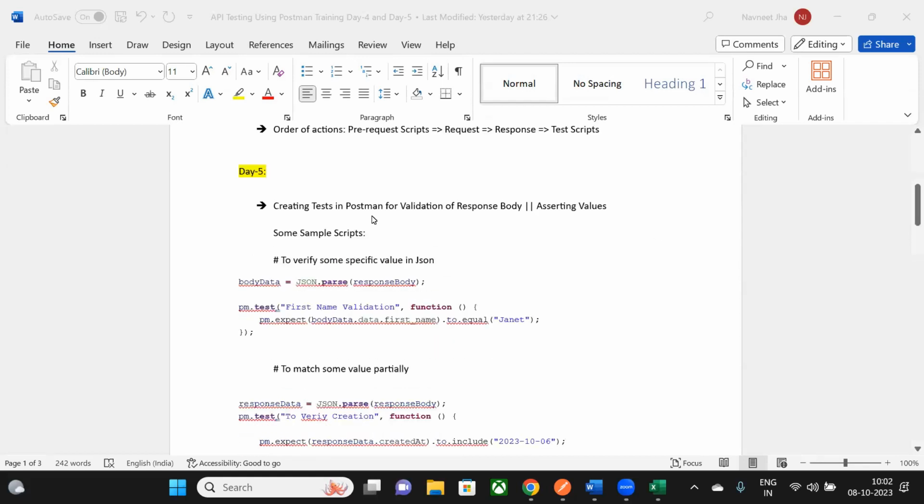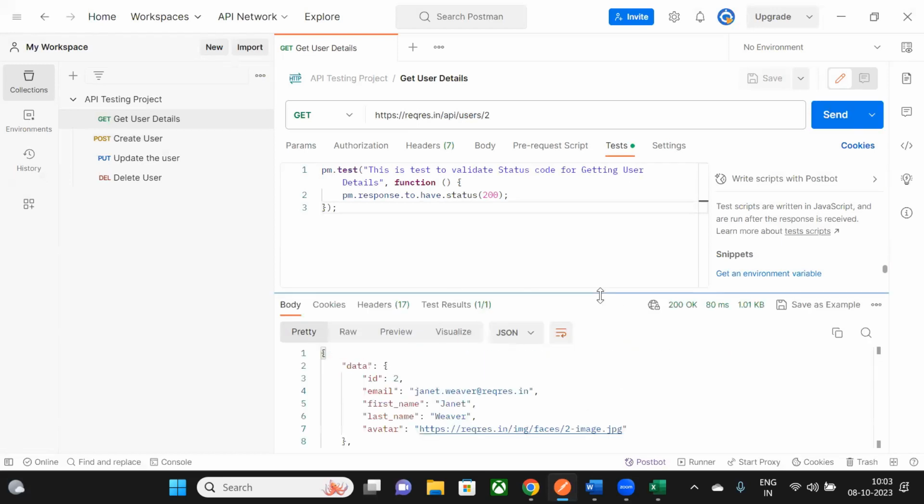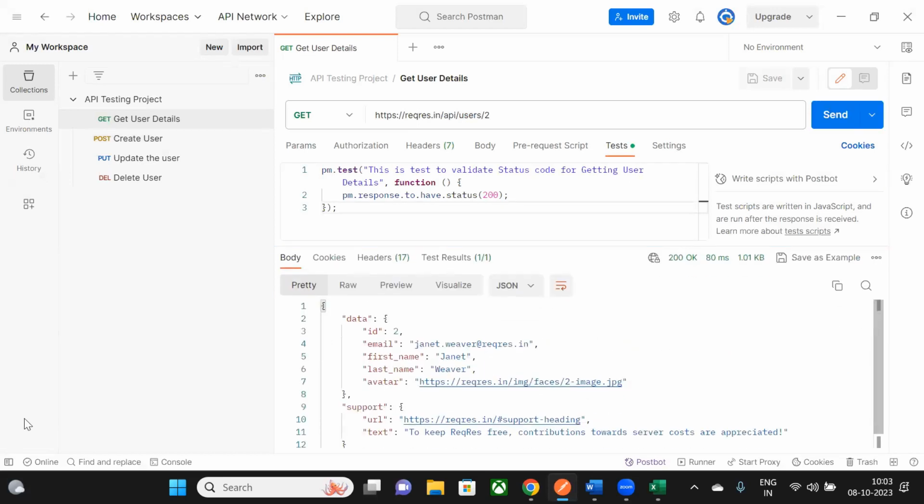Today we will check what are the other tests we can write in Postman. In yesterday's class, we just verified the status codes for all the requests, but today we will go into validation of the values which we see in the JSON. So let's say if I'm hitting a GET request, then whatever response I'm getting has various values